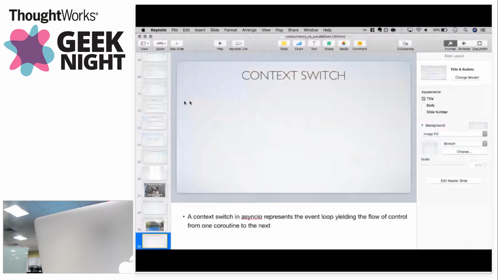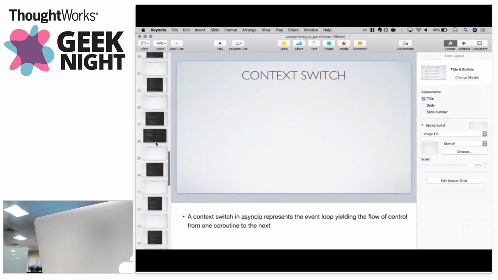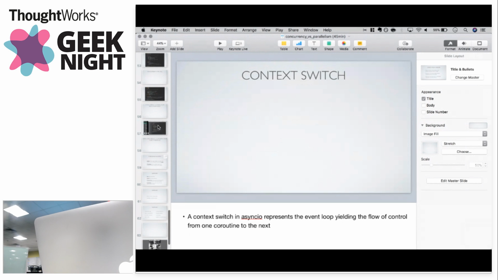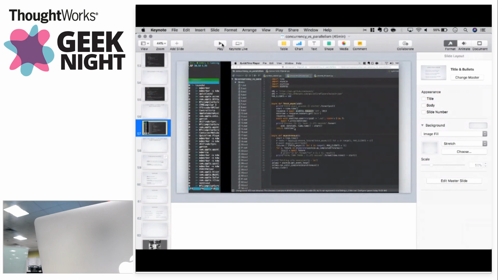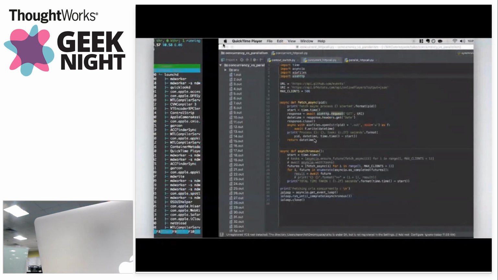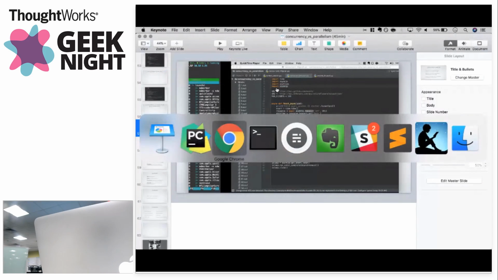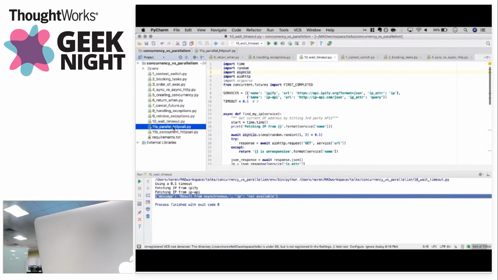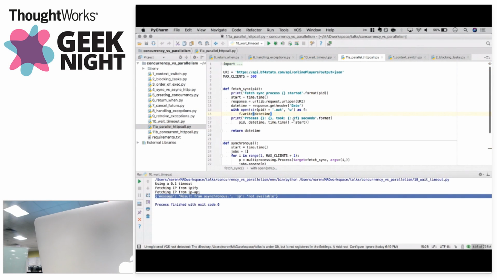And let's take a look at the screencast. Before that I show you the code. I was hitting the same server for like 1,000 times or 500 times, and I took